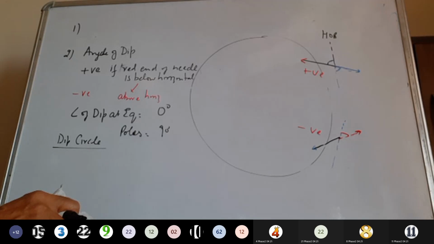How was the direction defined? Let us say the place where you are sitting. Suppose I say that variation is 5 degrees east and the angle of dip is plus 25. You know the direction